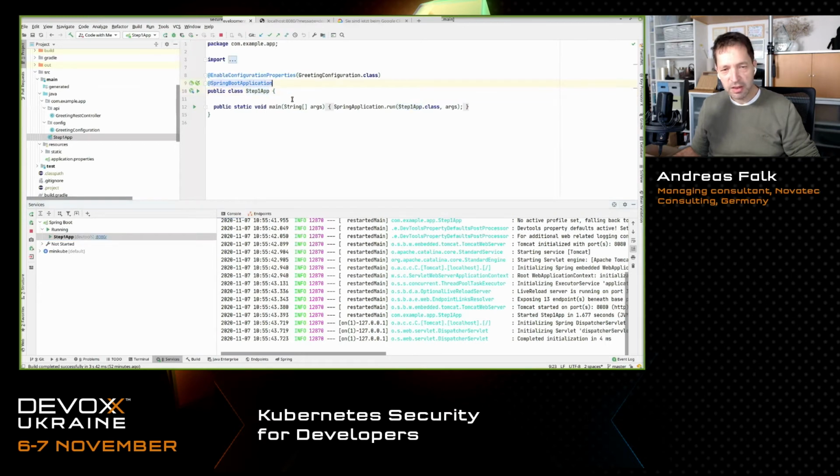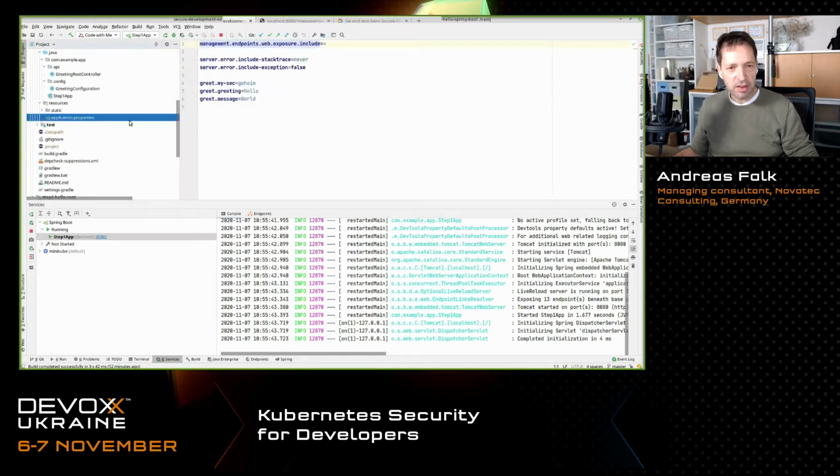You will recognize it is a typical Spring Boot application with some configuration properties. It's a greeting application. So you can configure the greeting and the default greeting message, for example, and there's also one for a secret that should not be shown on the screen.